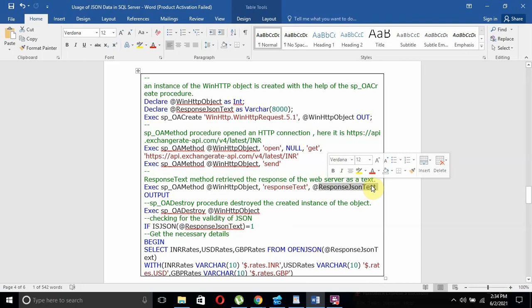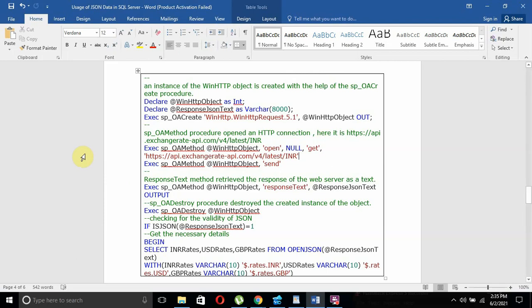After that, first we need to check whether it is a valid JSON or not. The reason is that sometimes the call won't be successful, or something might have happened due to a connectivity error or a slow network. Usually, if the call is perfect, it will return the JSON output.